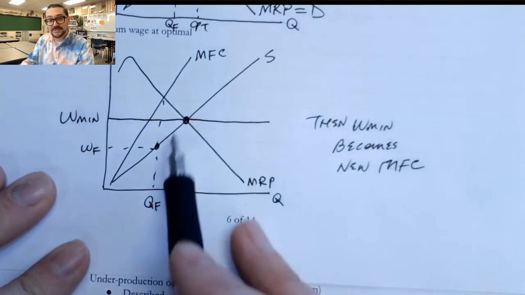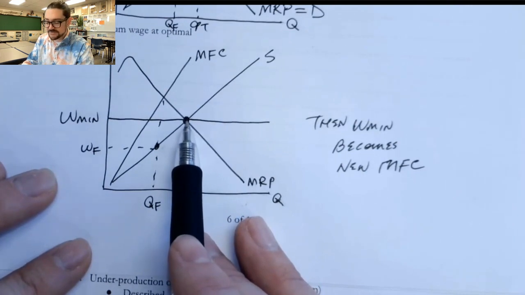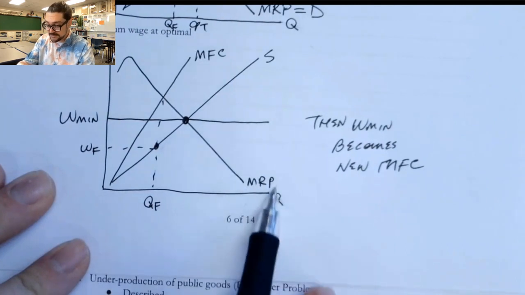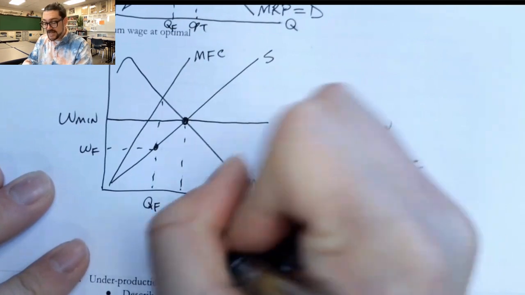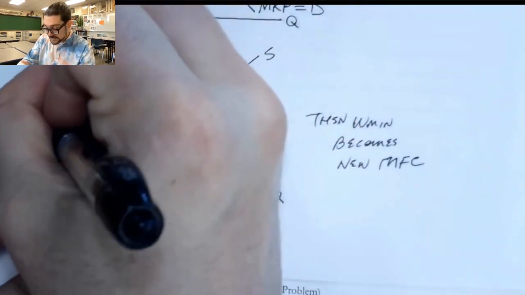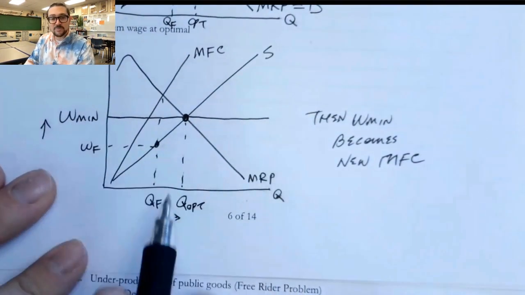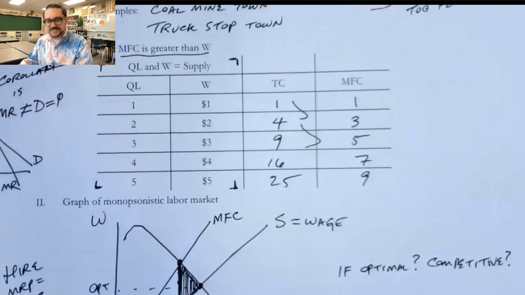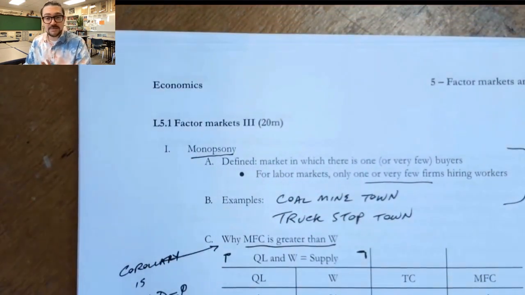And so the firm will actually profit maximize or cost minimize. It'll hire the right number of workers for itself, where the new MFC, that's this W min, equals the MRP, and that would occur here at the Q opt. That would happen if we actually put in a minimum wage. I know that it sounds really counterintuitive, but by putting in a minimum wage, you can actually cause people to get paid more and have more of them getting jobs. It's a kind of astounding theoretical outcome, but it actually has been borne out in empirical research.